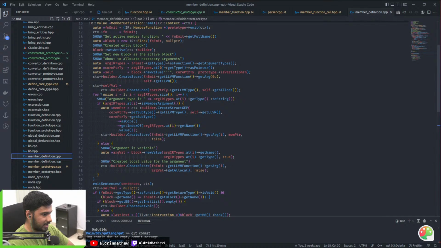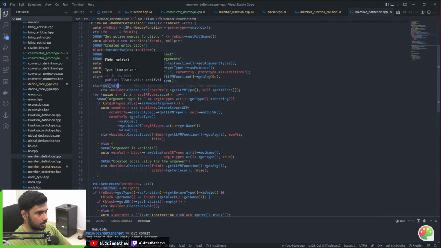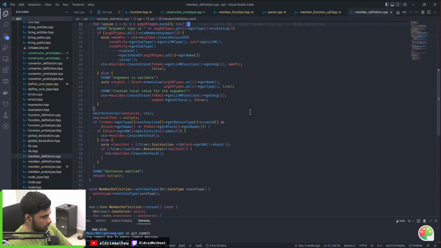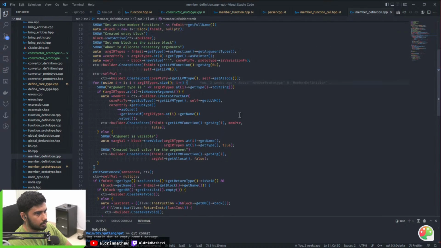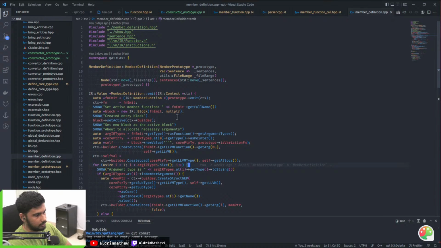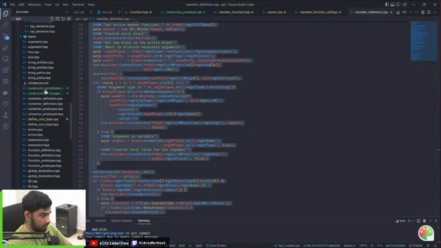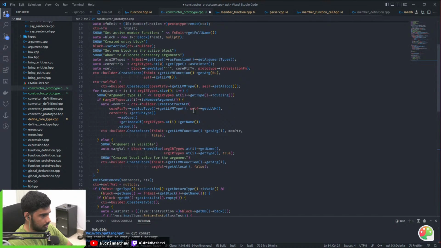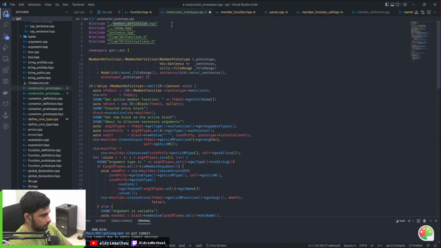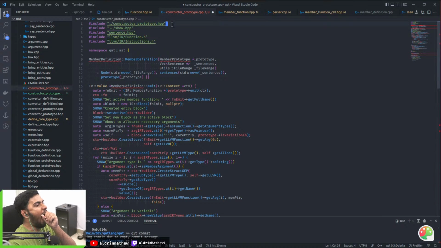This is a kind of hacky way to get the pointer to the instance type, or parent instance, for member functions. I was mostly intending to provide updates in this stream, so the stream might end early. I'm also feeling sleepy for some reason.